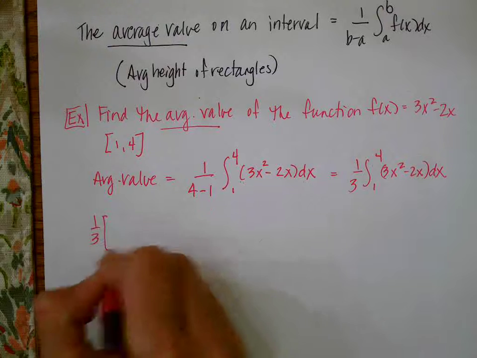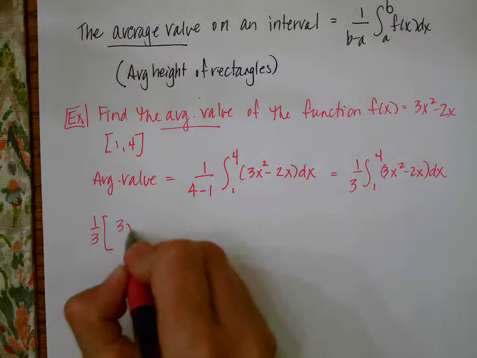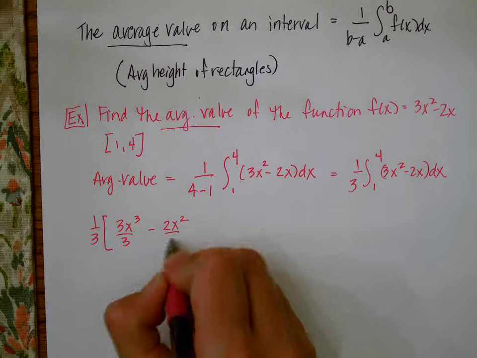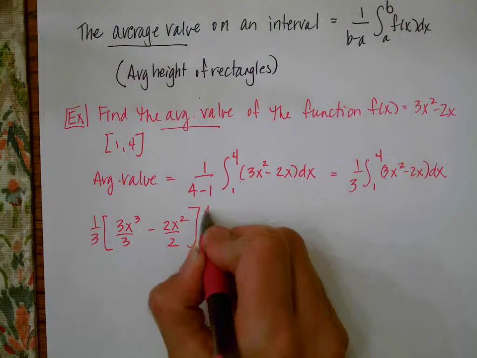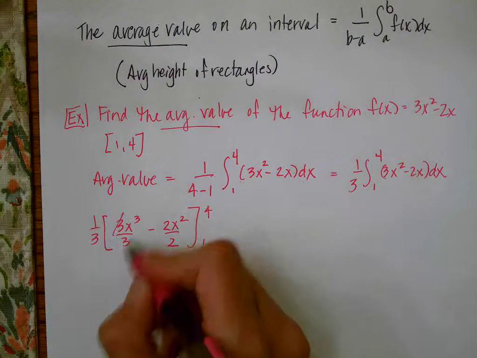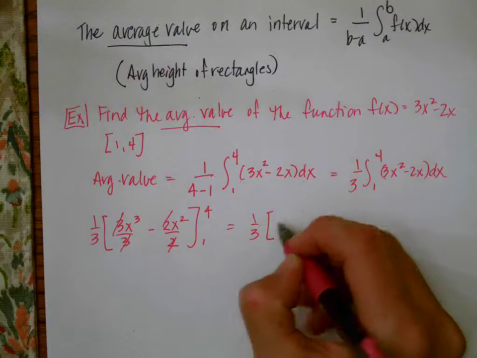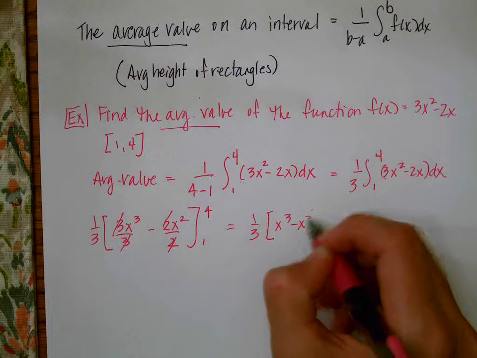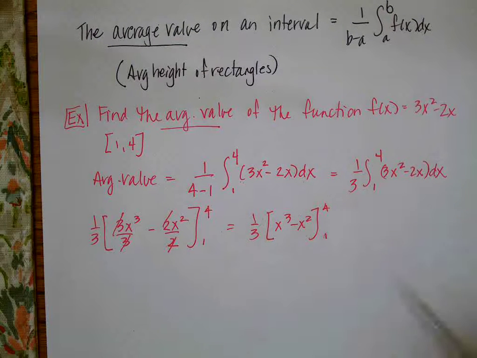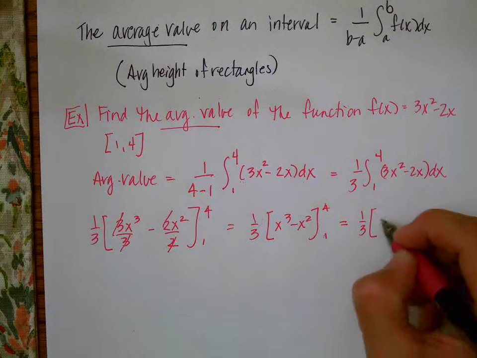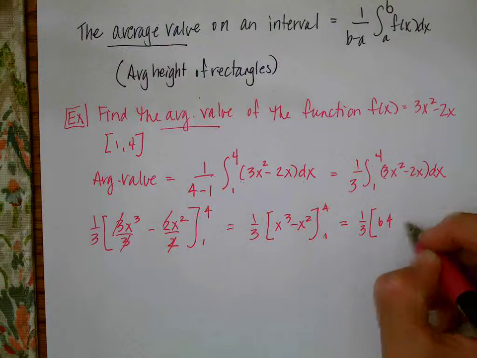Well, if I do that math, here's the third. I'm going to have 3x to the third over 3 minus 2x squared over 2, and I'm going to evaluate it from 1 to 4. The 3's cancel, the 2's cancel, so this is 1/3 times (x cubed minus x squared) from 1 to 4. Alrighty. If I substitute those values in, I'm going to get 1/3. 4 to the third is 64 minus